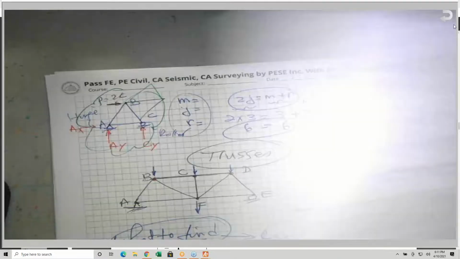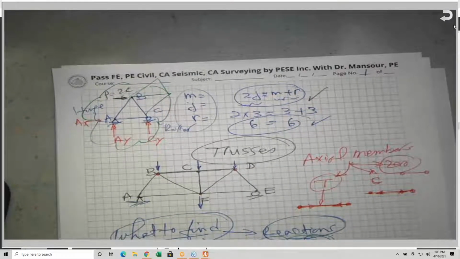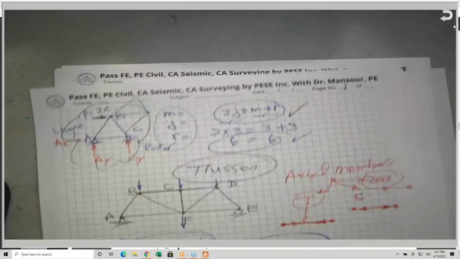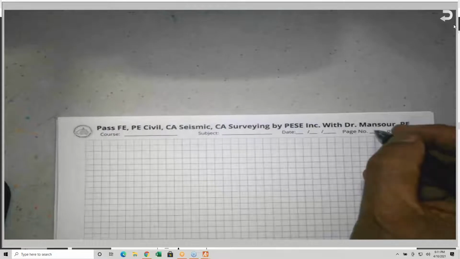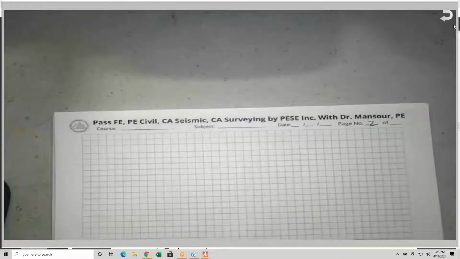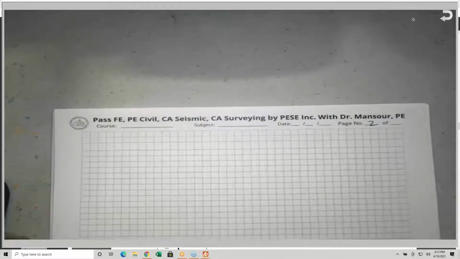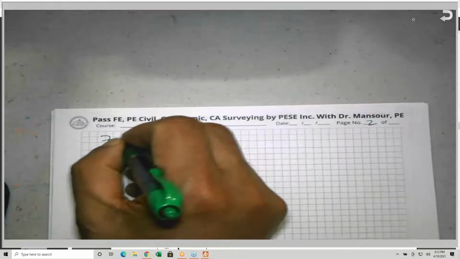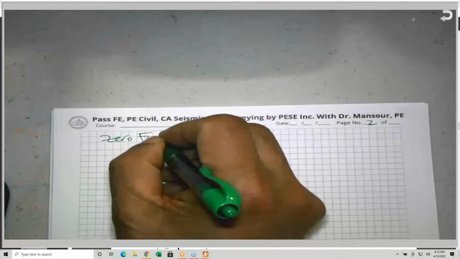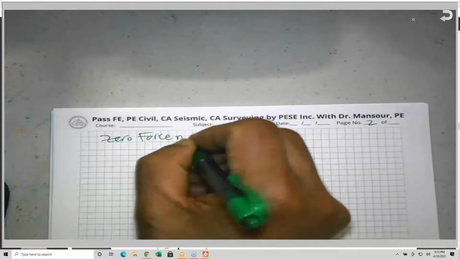Another area related to trusses, which we talked about, is a zero force member. It is an easy concept, but sometimes they don't cover it in school to the depth that makes it easy. I will try to do my best. So the zero force members,